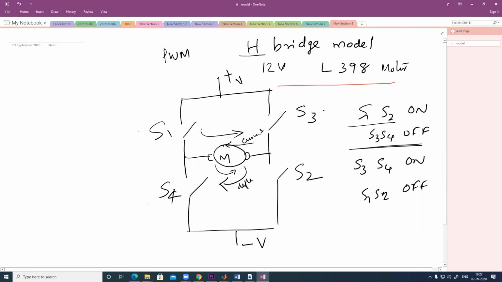So it is actually a PWM driven H-bridge. The structure is like this. These 4 switches are there, and these 2 are on at a time, and these 2 are on the other half cycle. So if you want to rotate in this direction, the current flow should be like this. So plus V here and minus V comes here. And the opposite direction, if you turn on S3 and S4, this will be plus V here and minus V will be here. So this is called H bridge PWM.